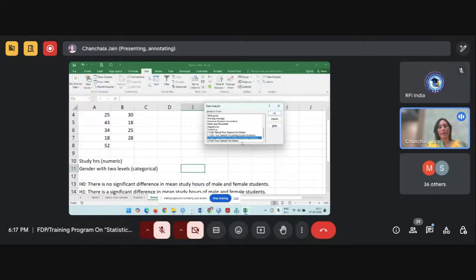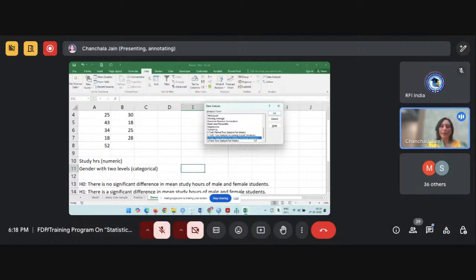Either you can check that first, and if you are not checking that, you can by default go with the unequal variances case. Generally when we are teaching in the classes, because for students these are technical things to understand, we skip the testing of the variances when we are teaching the students.